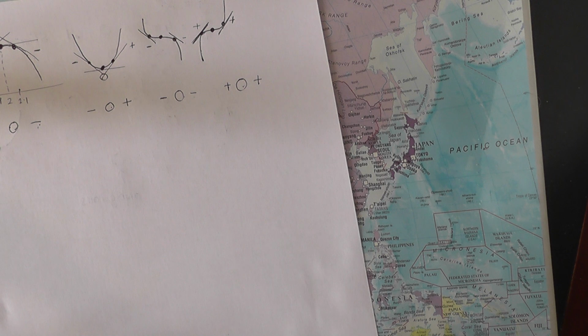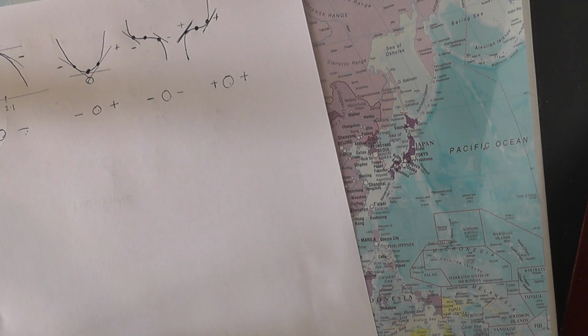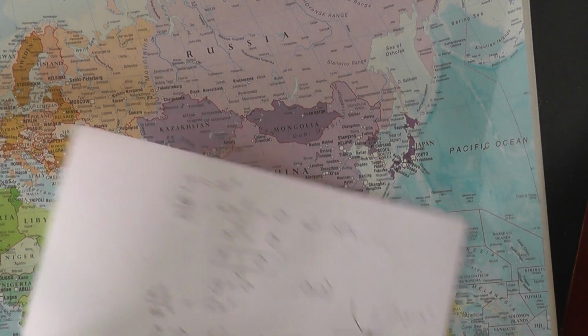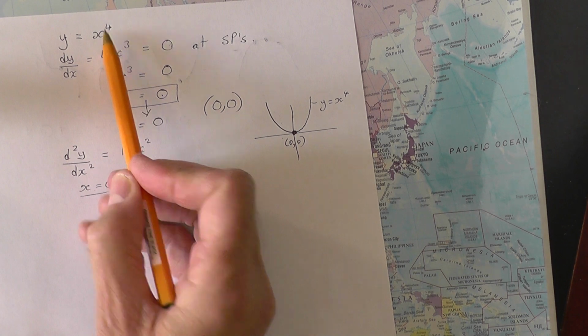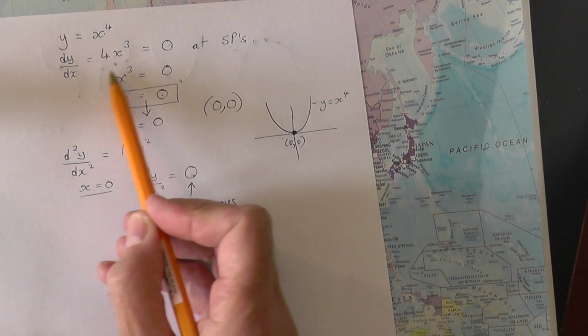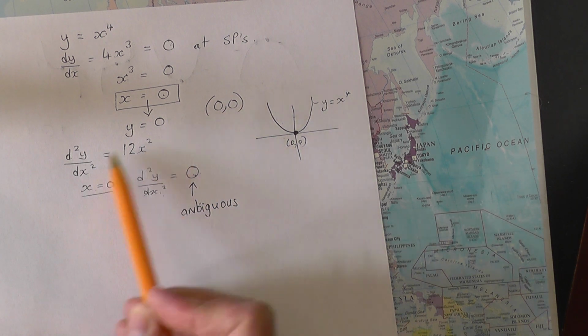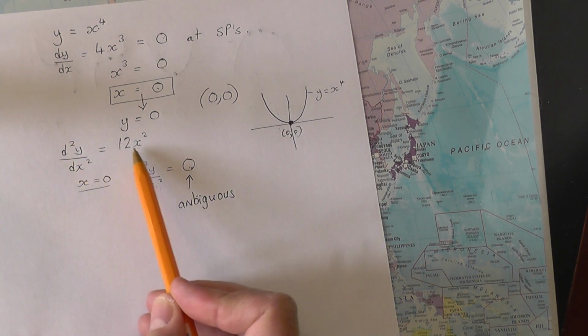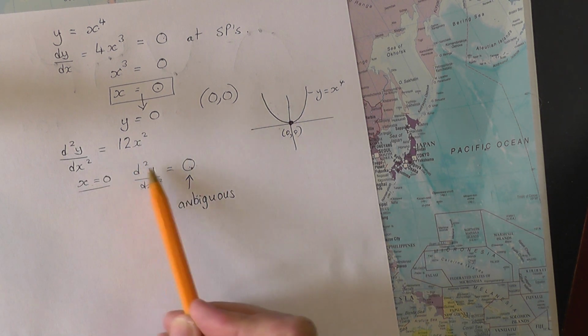So if I now refer back to, I'll turn over the page to a question we did on the previous video, whereby, let me just remind you, I took y equals x to the power 4 and we worked out by the dy by dx equals 0 techniques that there was a stationary point at (0, 0). We worked out the second derivative, we found it to be 12x squared, and at x equals 0, we worked out that the